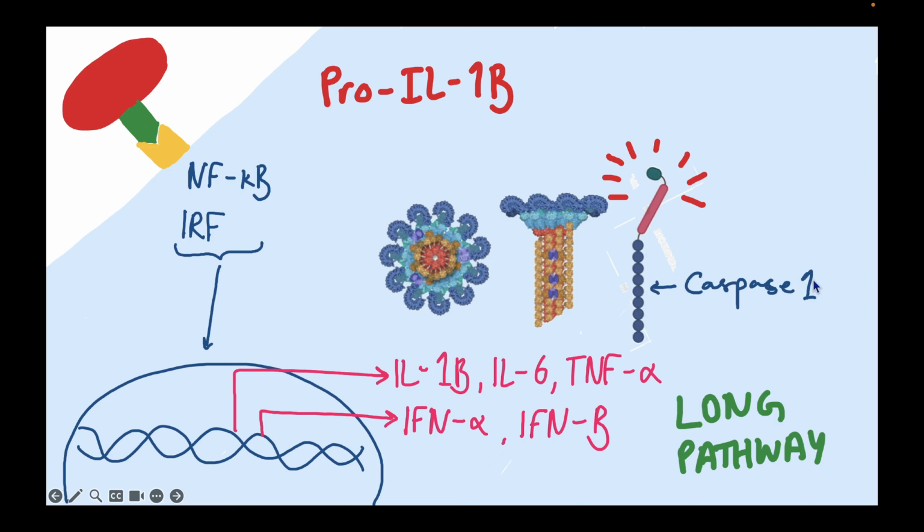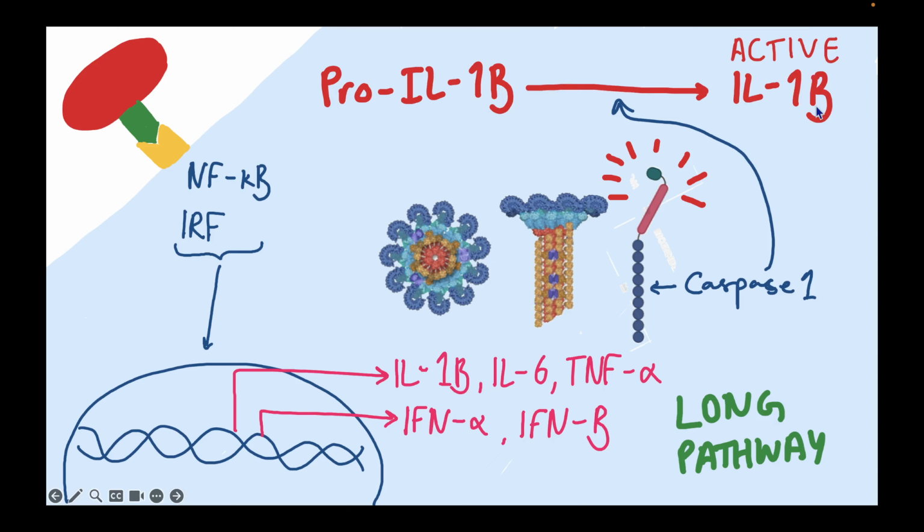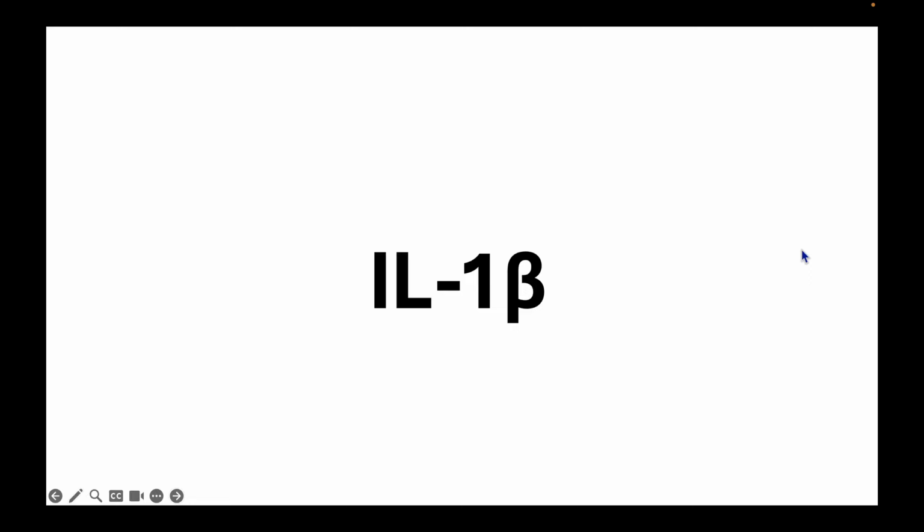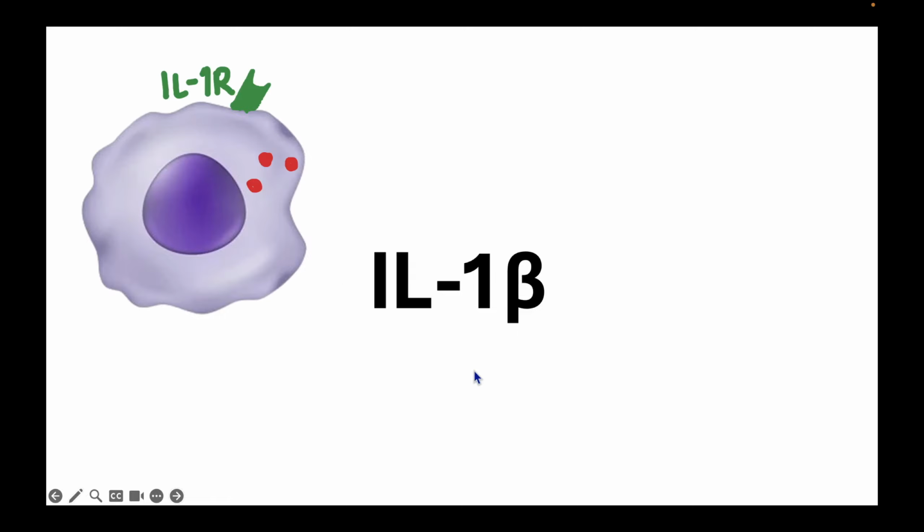And what caspase 1 is going to do is activate this pro cytokine. And so you're going to have active IL-1 beta. So now what does this IL-1 beta do? This is the short pathway. First of all, the macrophage that releases this IL-1 beta, this IL-1 beta goes and binds to the IL-1 receptor on the same cell, and that is going to induce more IL-1 to be released from the same macrophage, and this is called